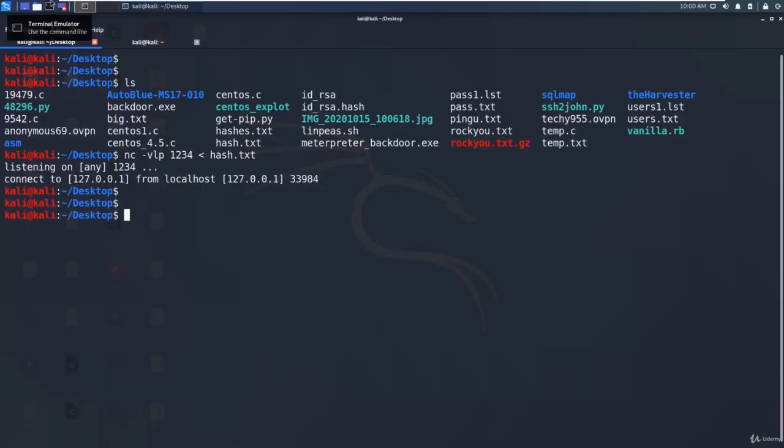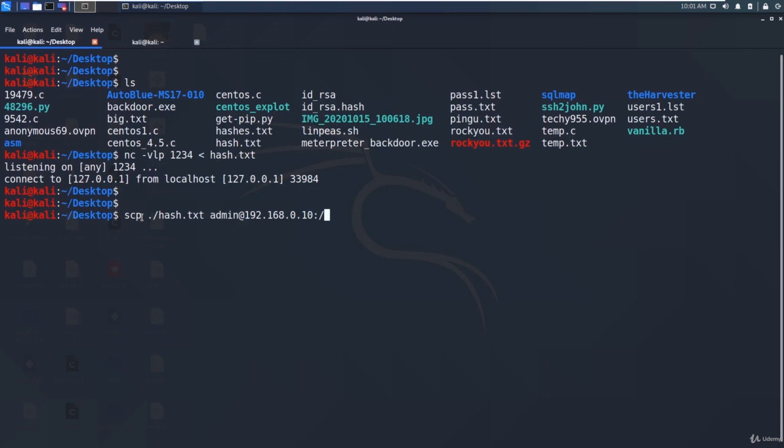This is a simple way with netcat, and we have covered the FTP server, Python server, and netcat. One more thing: if you have SSH access to the victim machine, we can use scp. Say scp hash.txt, then the username of the SSH session you have access to. If you know the username and password of the victim machine, let's say the username is admin, specify admin@ the IP address of the victim machine, then a colon and the destination folder.